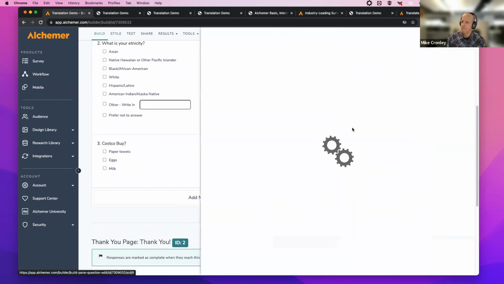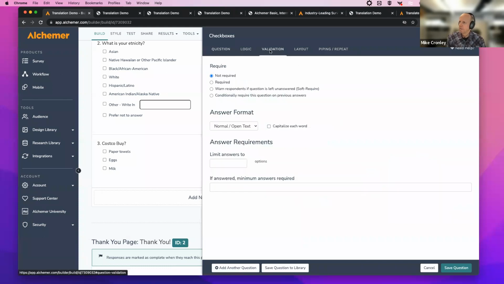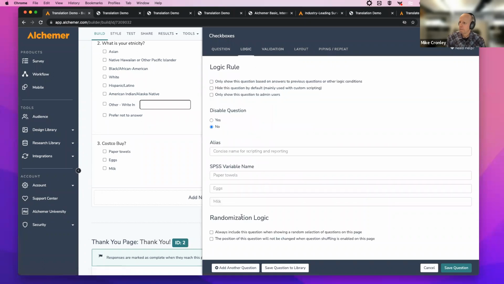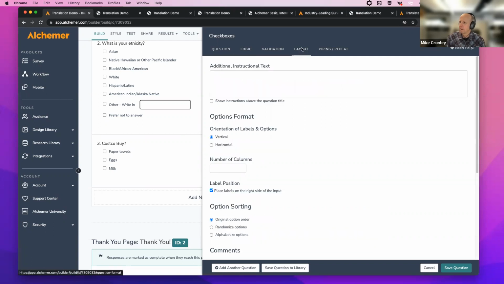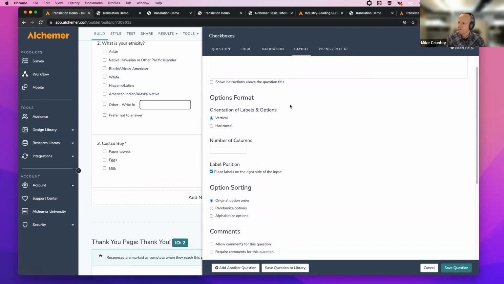So I go to edit, and then under, let me see, validation, logic. Maybe it's layout. Depending on the question, these tabs change a little bit. So here under the layout tab, it's randomize the options, and I'll save this.